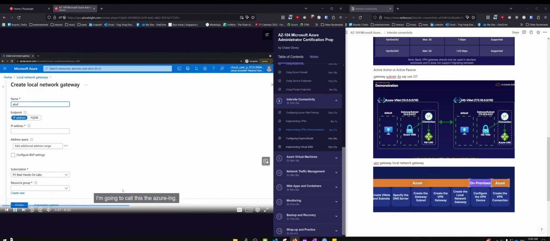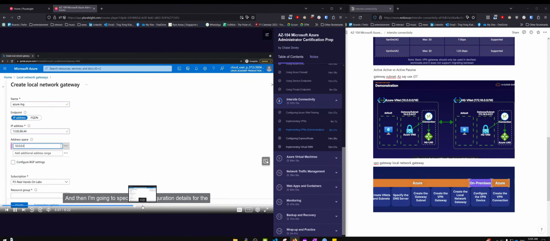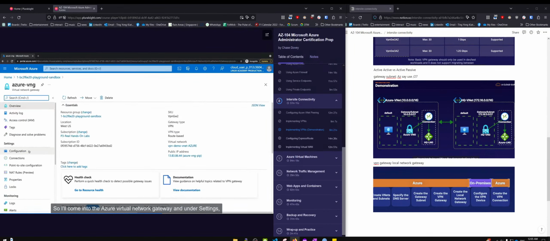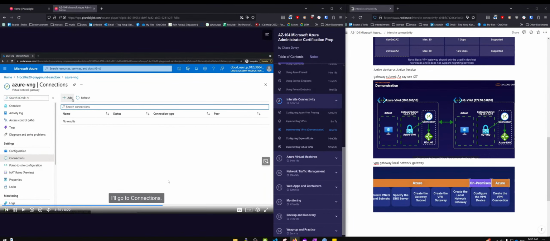I'm going to call this the Azure LNG. And then what I'm going to do is give it the public IP address of the Azure Virtual Network Gateway. And then I'm going to specify the configuration details for the address space, in my case, and our virtual network gateways. So I'll come into the Azure Virtual Network Gateway, and under settings, I'll go to connections, I'll click add,